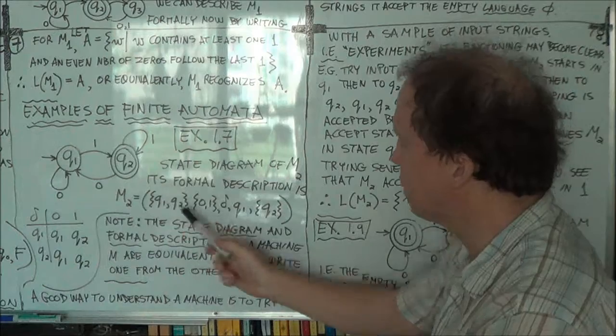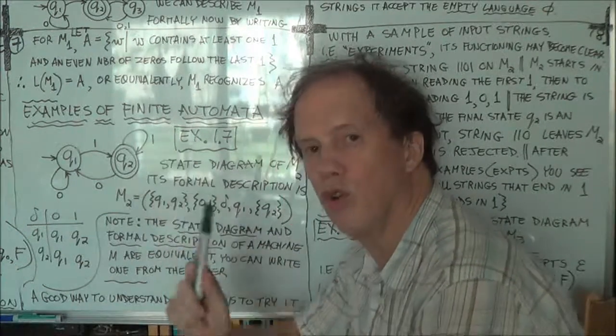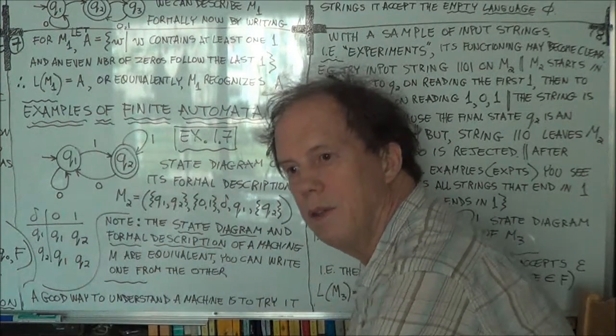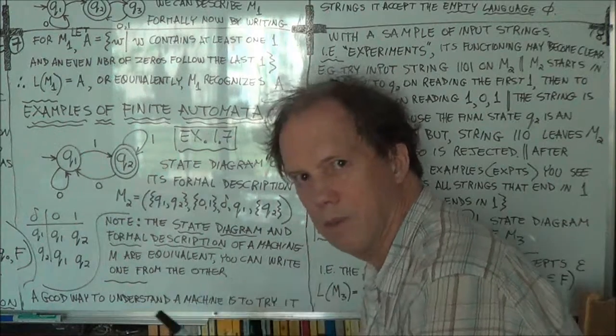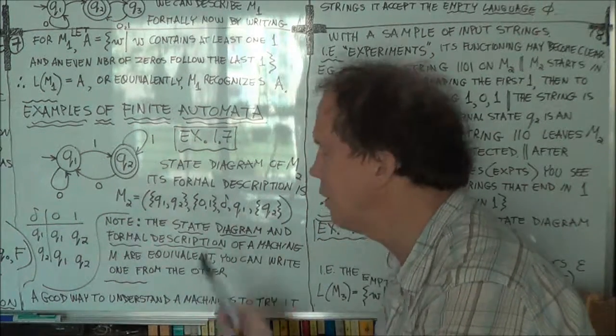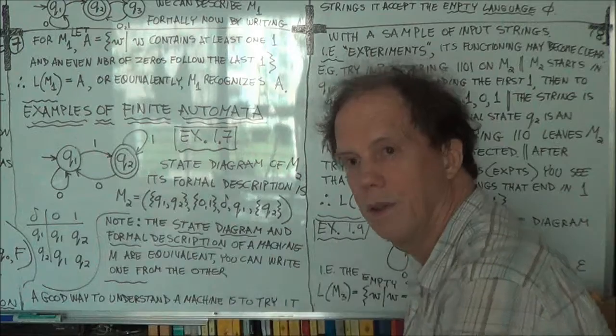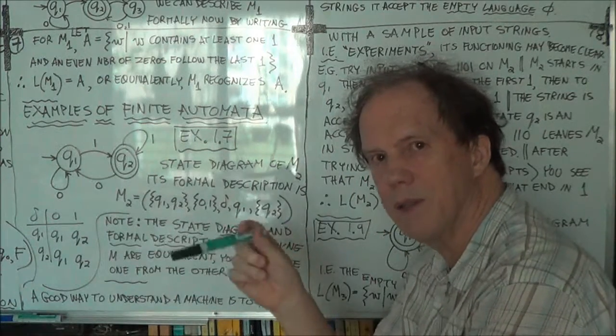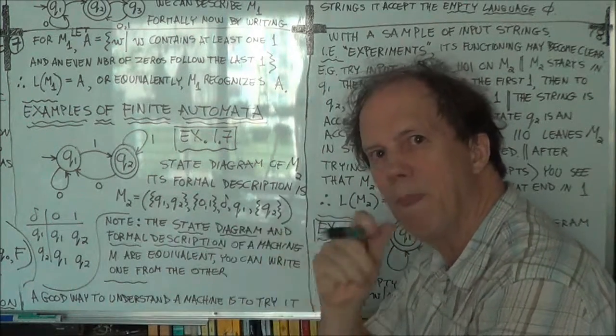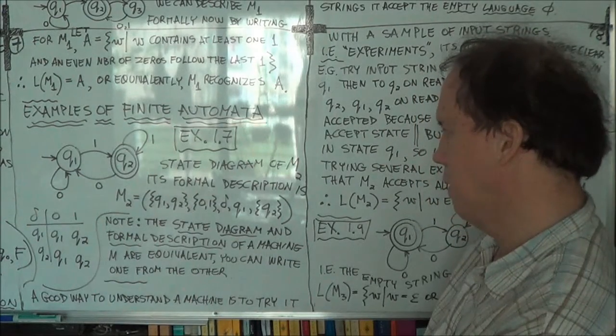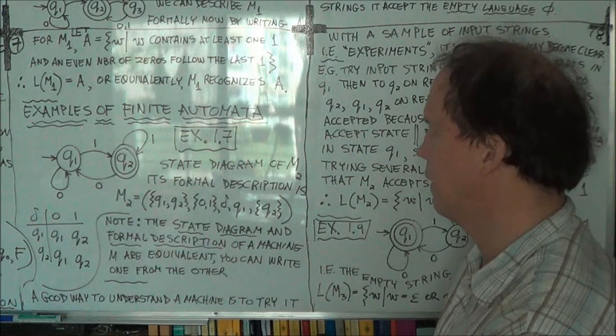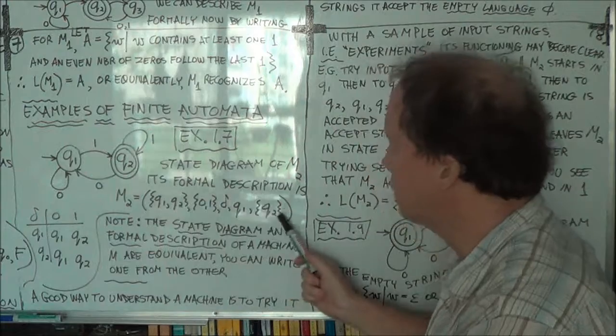From this description we could draw a state transition diagram. They're just different ways of writing the same amount of information. All right, now you're given this formal description, or